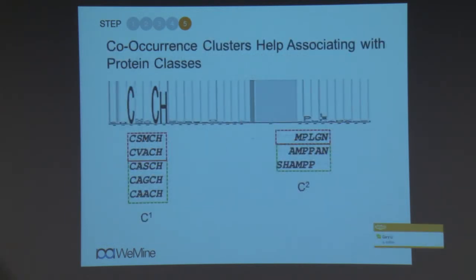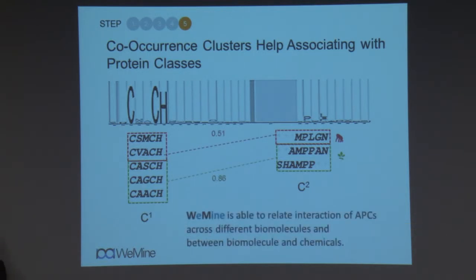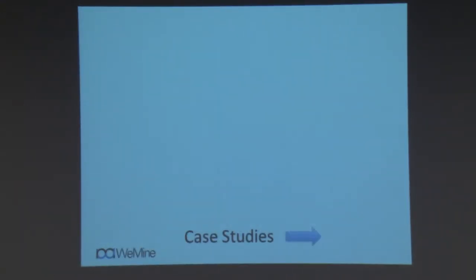Now, in a like manner, we also found that some co-occurring groups are related to mammal, others related to plant. So in a nutshell, this is the methodology we have developed and unified. We can use a co-occurrence measure to bring out those APC which co-occur. We can also use another kind of score, like a chemical interaction score, to bring out those regions that can have interaction between protein and protein, protein and RNA, or between protein and chemical, and so forth. So now we give some case studies, then I will end my talk.